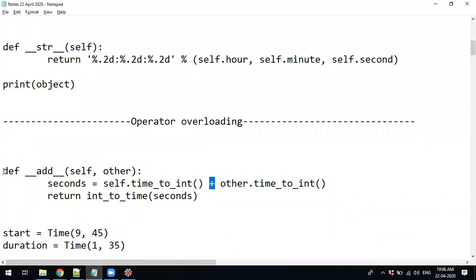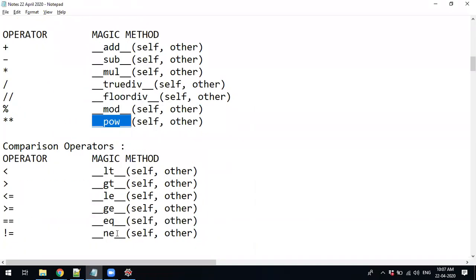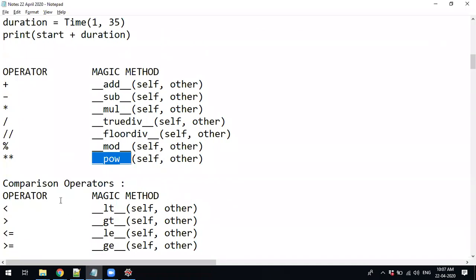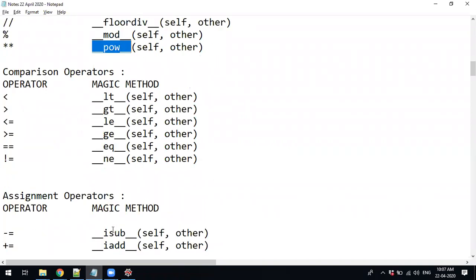If you write this function for plus, you have to write underscore underscore add underscore underscore. For minus, subtract, two underscores. For multiplication, mul. Then single slash true division, floor division, modulus operation, power operation. Then the comparison operators: less than, greater than, less than or equal to, greater than or equal to, equals, not equals.